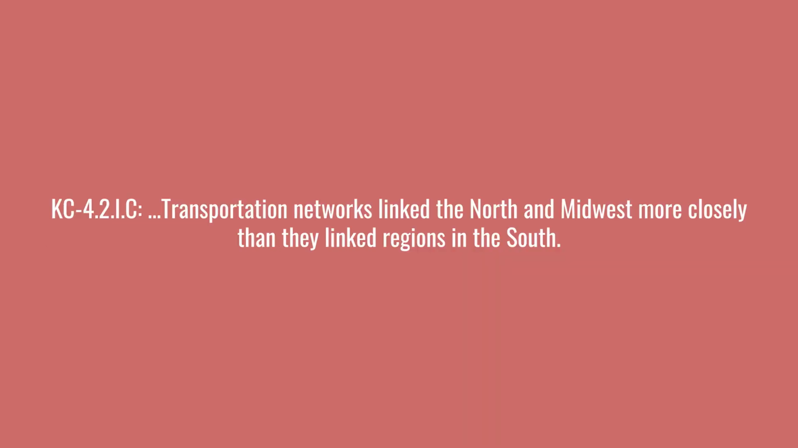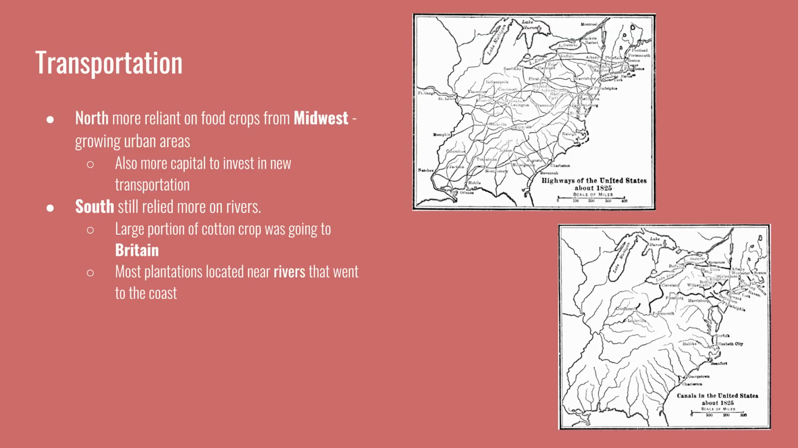The second part of this key concept on transportation says transportation networks linked the North and Midwest more closely than they linked the regions in the South. The two maps on the screen show all of the highways and roads in the United States in 1825 and all of the canals in the United States at the same time. They show a lot more connections through roads and canals in the Northeast and in the West than in the